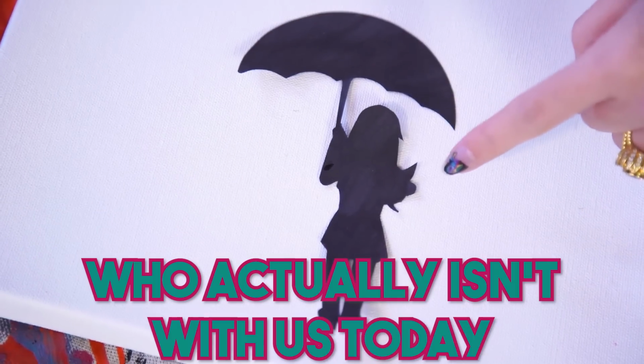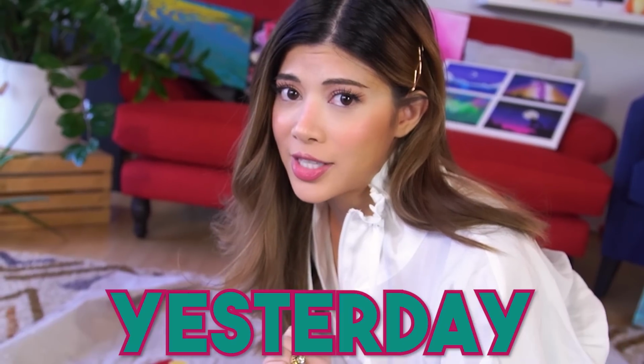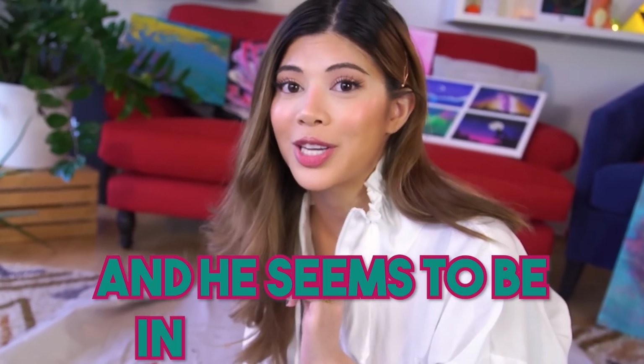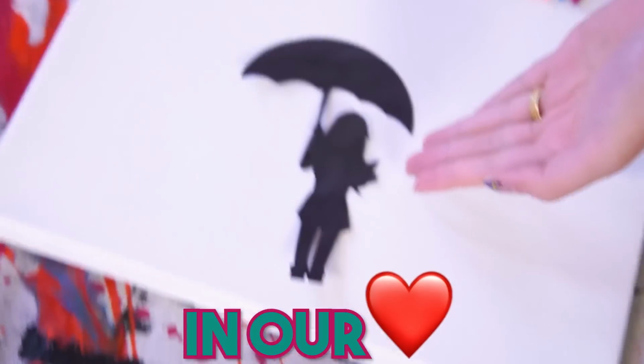Hi, I'm Cartha Gewert, and this is me holding my little dog friend who actually isn't with us today because he is in the hospital. Unfortunately, he had a little accident yesterday. He was rushed to the ER, and I get to get him back tomorrow, and he seems to be in good health. So we're gonna keep our little dog friend in our prayers today, in our hearts, in our souls,